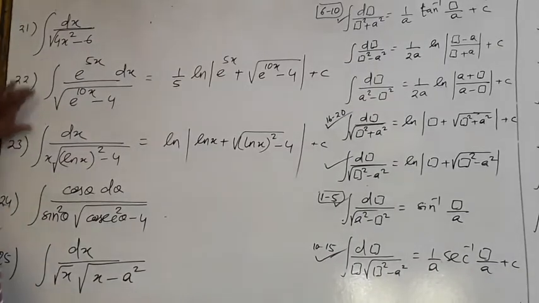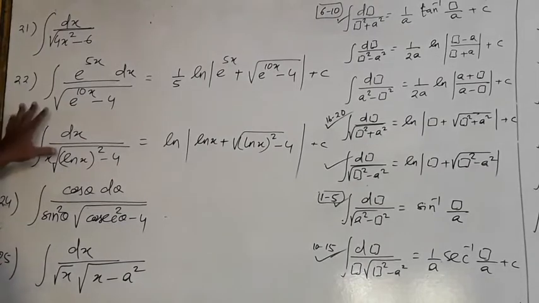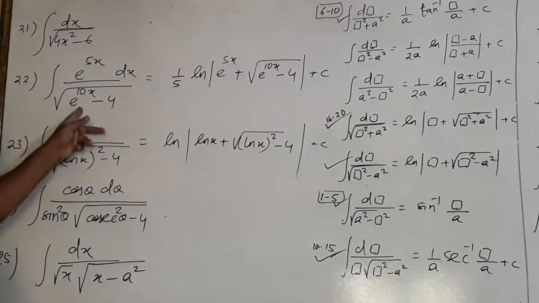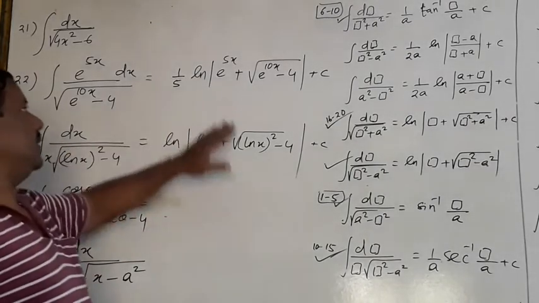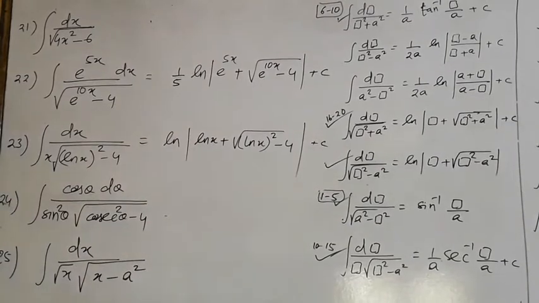and 22, 23, these are very, very easy questions. You have to do by yourself by putting here t is equal to e to the power 5x, and here putting t is equal to ln x, you will get its derivative 1 by x dx. You can verify, your answer will be here like this. Okay,